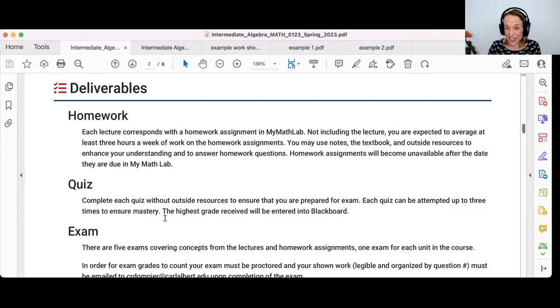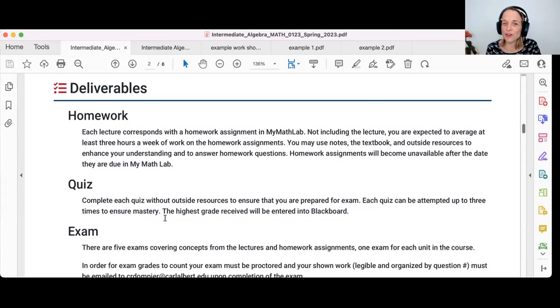I strongly encourage you to take notes during the lecture. I will provide you a PDF of my notes if you want to take my exact notes, like right on top of the pages, the little PowerPoint slides that I'm writing on. You're welcome to do that. You're welcome to take notes on your own paper. Only take the notes you need. I don't want you to write anything more than what you need to write, but I also don't want you to not take notes.